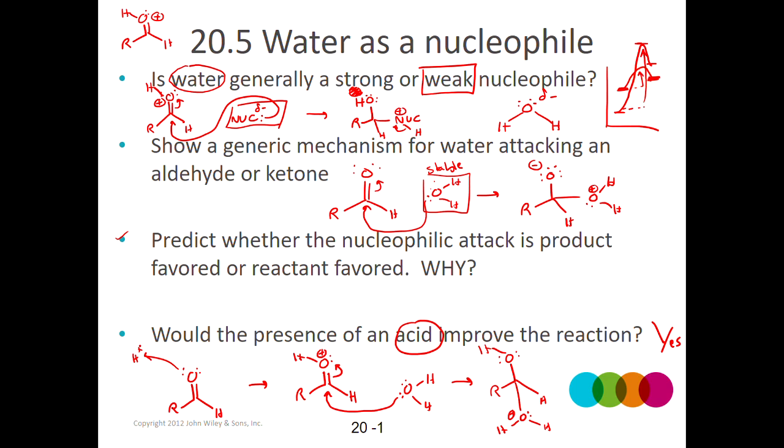So by adding an acid and protonating the carbonyl, it lowers the activation energies for the subsequent steps and allows this reaction to occur. So we can imagine a nucleophile, even as weak as a water, coming in here and attacking and eventually producing a product. So what would the product be? Well, it's not stable yet with a positive here, so we would have to have another water molecule come in there and pick off that proton, and that would give me something like this where I've got a diol, two OH groups on the same